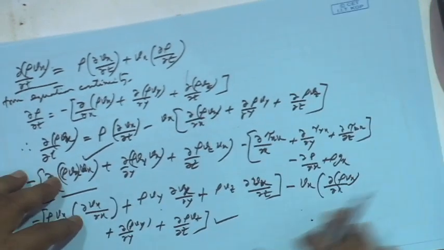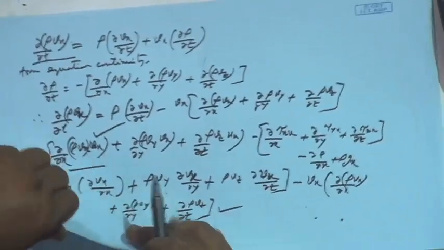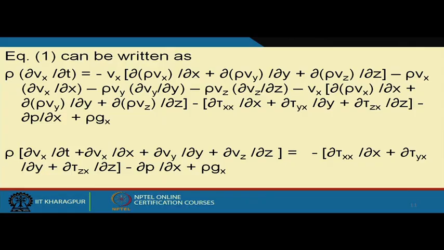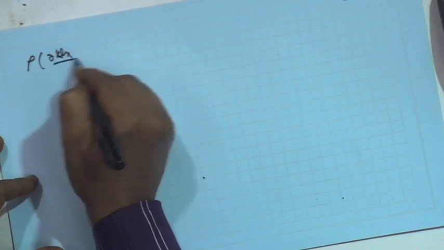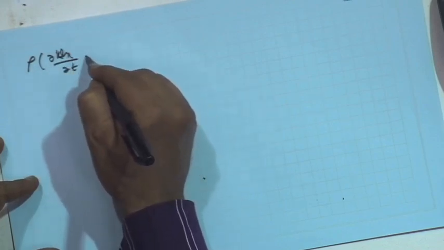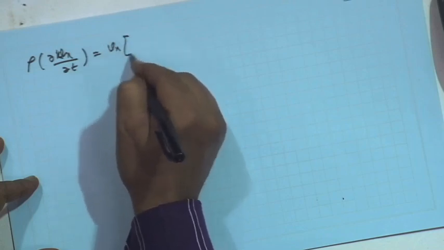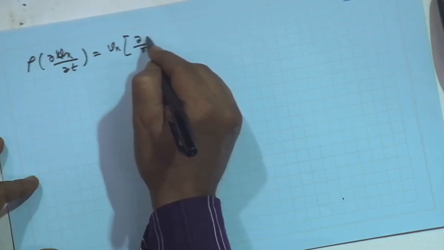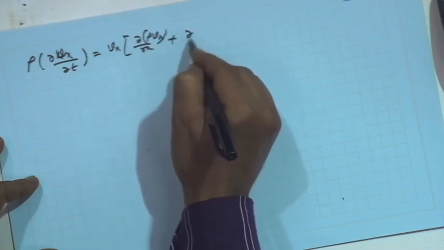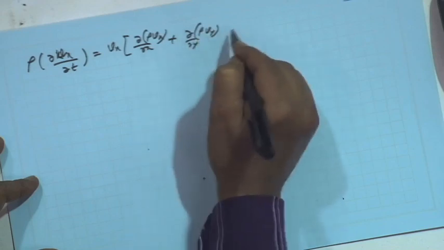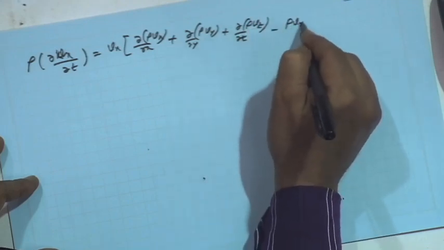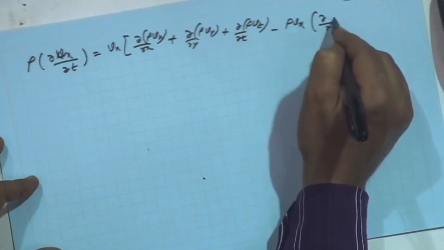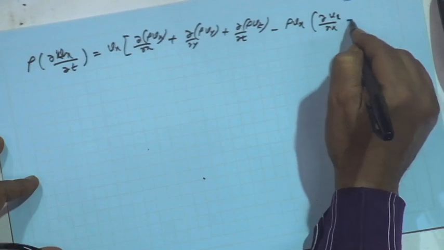So, if we do like that, then we can rewrite this equation 1 which we have shown you earlier as rho del Vx del t, this is equals to Vx into del x of rho Vx, right, plus del y of rho Vy plus del z of rho Vz, minus rho Vx times del x of Vx, right, minus rho Vy